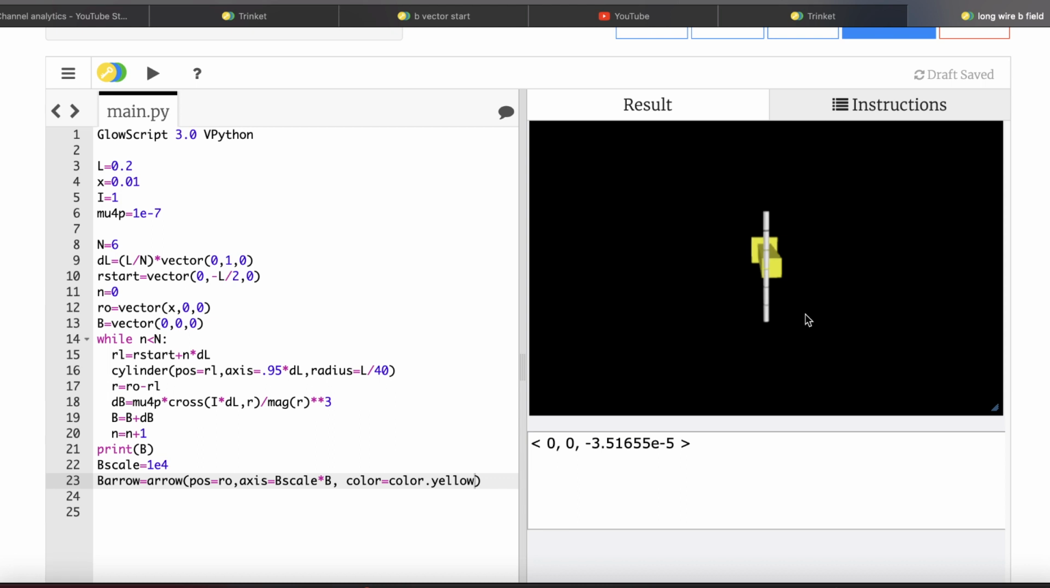Okay. It's too big. So I want to make this smaller. 3. There. There you go. There's your magnetic field. Let's go ahead and calculate. Let's print this as B numerical equals B Tesla. And then I can calculate the theoretical version,